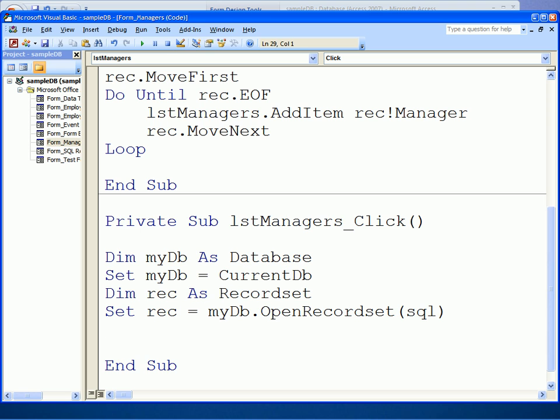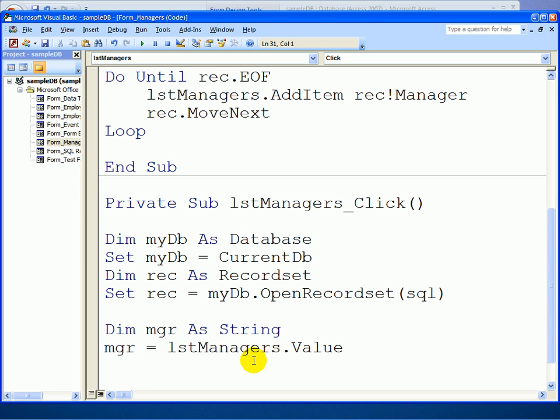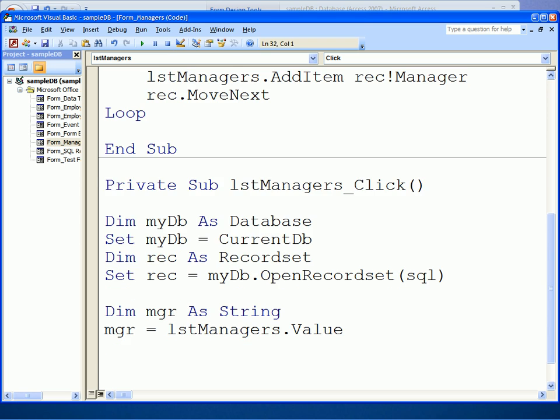Now I also need the manager's name. So I'll declare that as a string, and I can set that because that value is what was selected when the user selected it. So that is now the value of the list box, the selected value. So that gives me the string, which is the manager's name. So now I can use the find function on the record set to find the particular